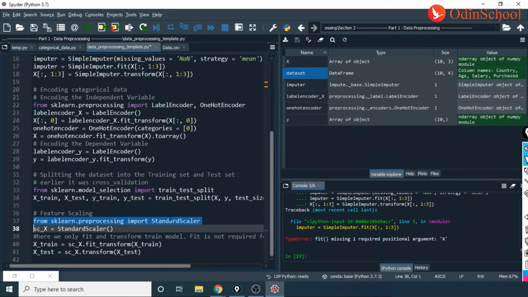Whenever you're working on a data set, you don't want the range to be too diverse, wherein it is 10 to 20 times different. 10 to 20 times is also okay, but in our data set, we have things which are almost 10,000 times different. The age is 44, while the salary is 44,000. Right, guys? So things like these might bring a lot of disturbance in your data set, or in your output.